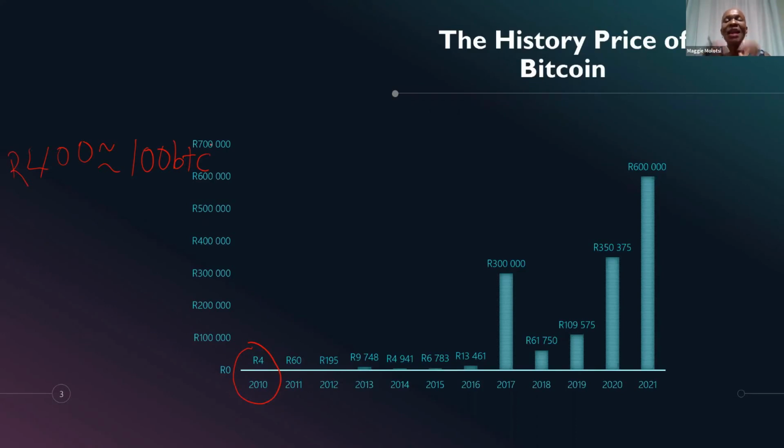30 years. Now, I want you to think about that, because I want you to understand the time period I was willing to wait. And I want you to see what happened in the cryptocurrency space in a very short space of time. Now, imagine your 400 Rands buying you 100 Bitcoins in 2010. Let's fast forward to 2013. At some point in 2013, 1 Bitcoin was 1,300. At some point, exactly on the 25th of December 2013, 1 Bitcoin almost hit 10,000